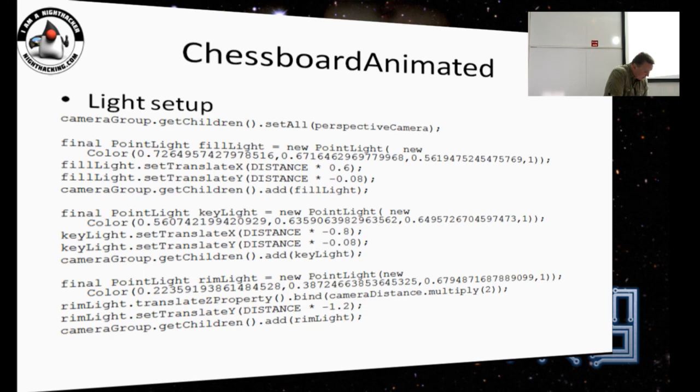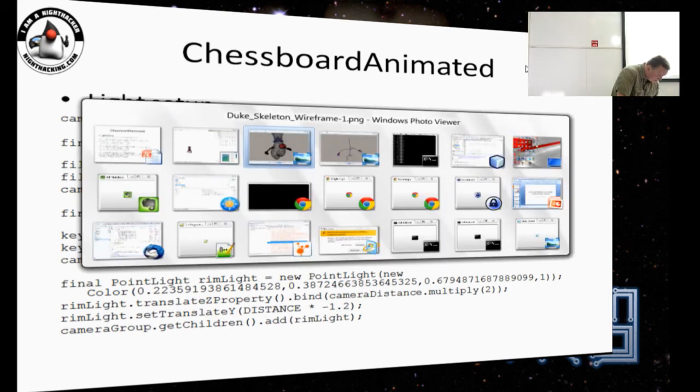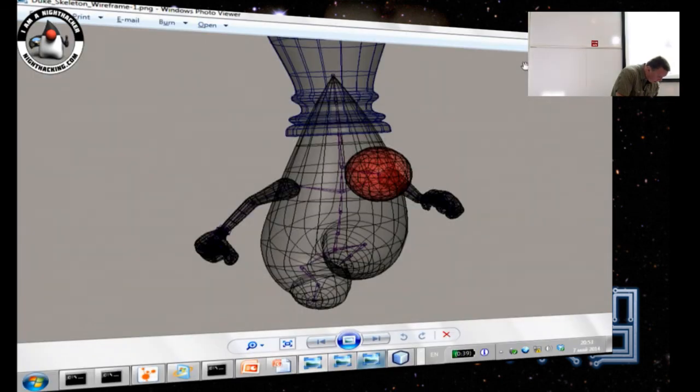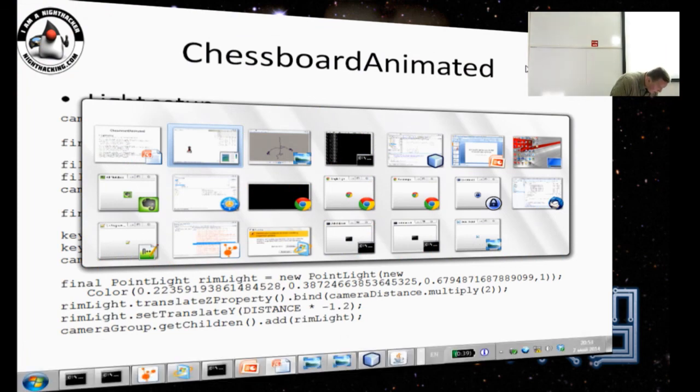Another tricky thing here is to set up lights. JavaFX supports ambient light, and it also supports point light sources. To get a nice picture, you actually need to... I'm going to close this app.